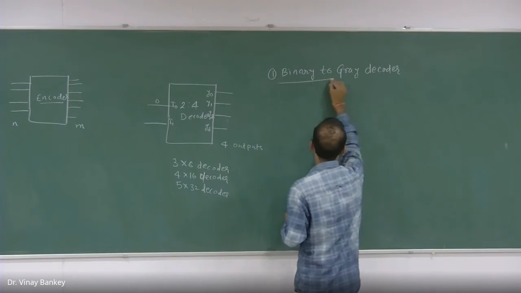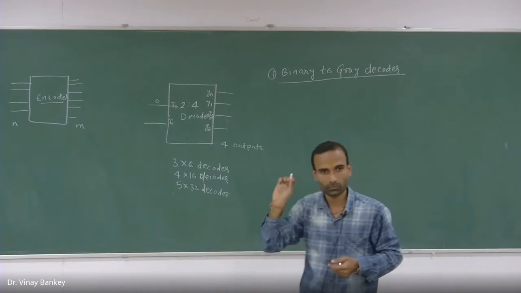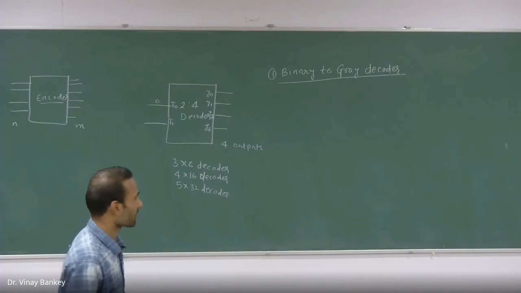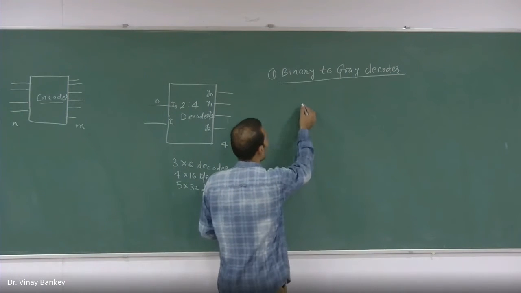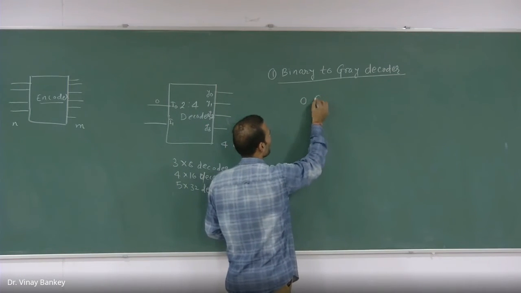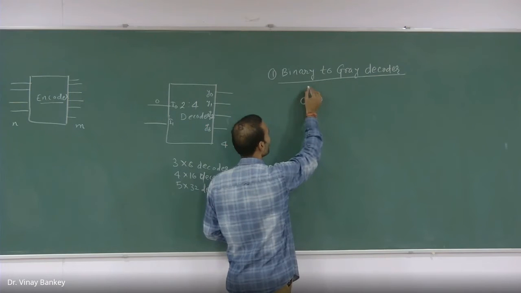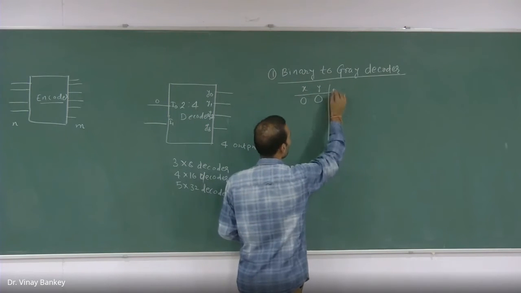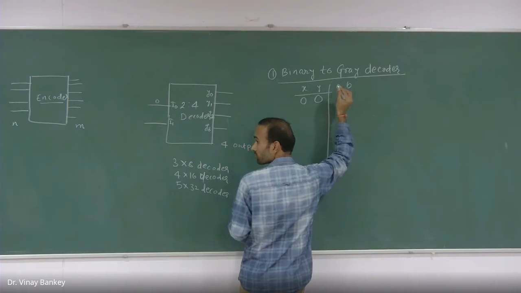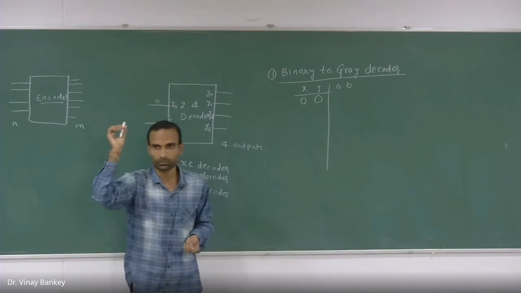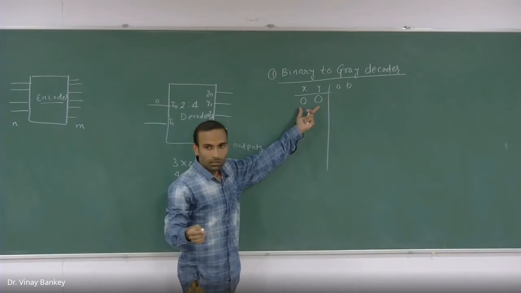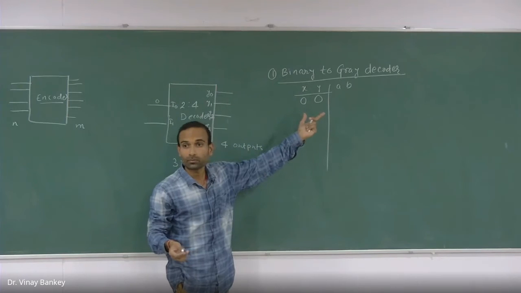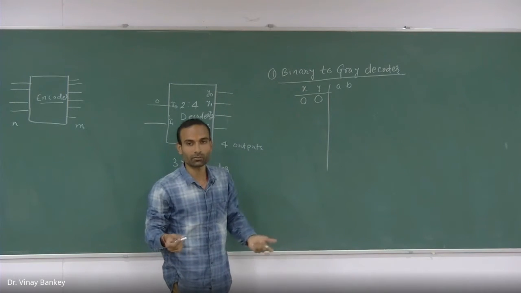This is actually a code converter. So how do you design a binary to gray decoder? That is the problem. So you know how to convert to a gray code. If you have a 2-bit binary number, let's suppose this is my X and Y given in binary, what will be the gray output of this? Do you remember how to convert this binary number into the gray code? XOR, where should we apply the XOR?